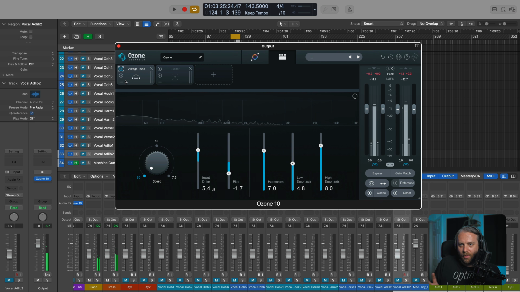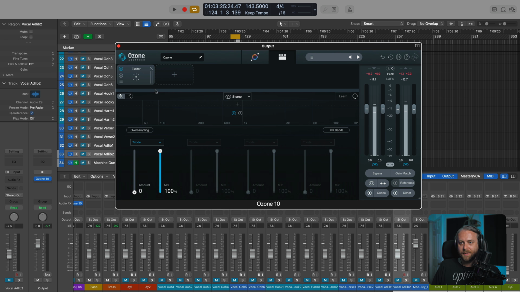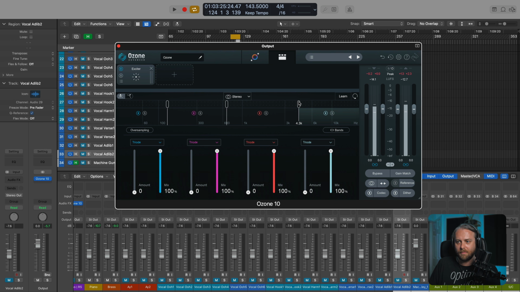So, a quick tour of vintage tape. This is one that you'll want to use, I think, in conjunction with another saturation module or something like that, just to warm things up. But now you know what it was inspired by and hopefully how to use it. Let's move on to the exciter, which is a very powerful saturation module. Again, you hopefully know how to work around these modules by now. I hit the plus button, I get more bands. And we can slice these up into the frequency segments that we like, or we can hit learn and have the module do the work for us.